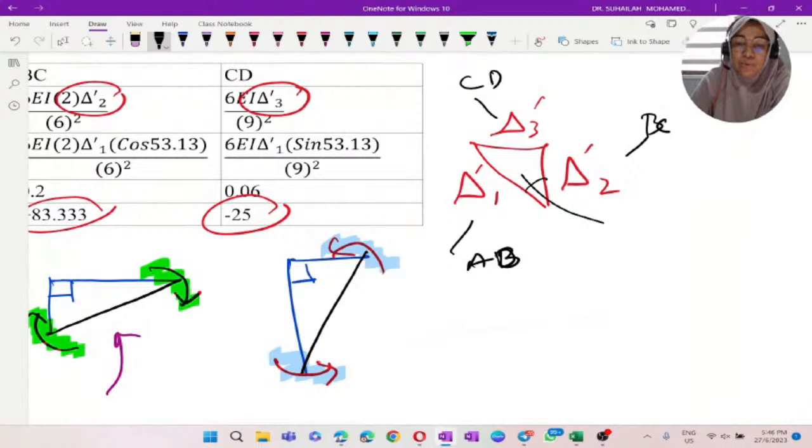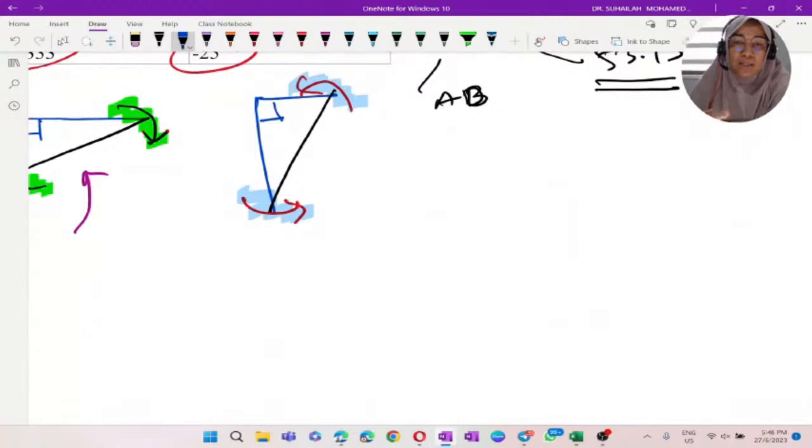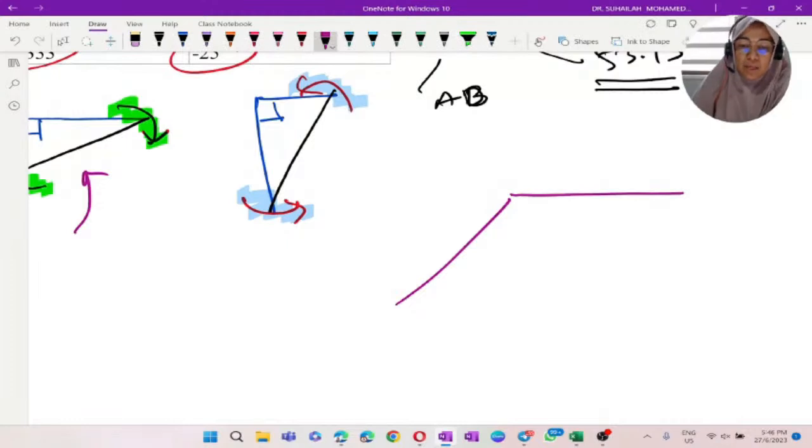So this one we determine as 53.13. That is why the understanding of Sidesway is very important. Okay, look at the original frame. The original frame is like this, and we have to have this angle because